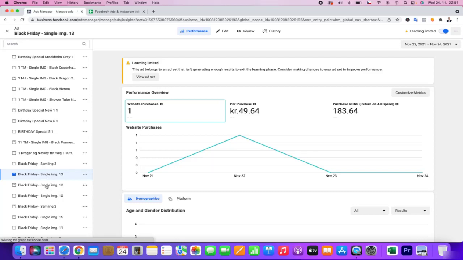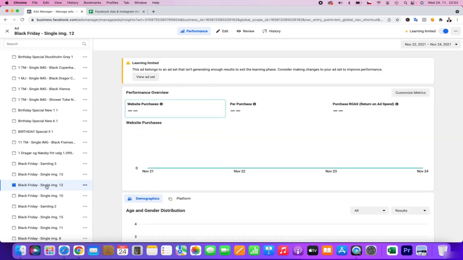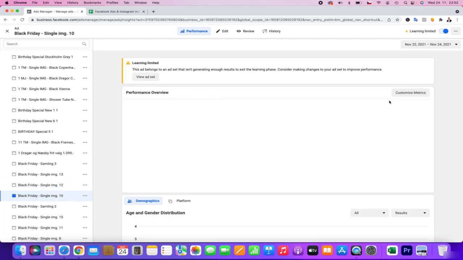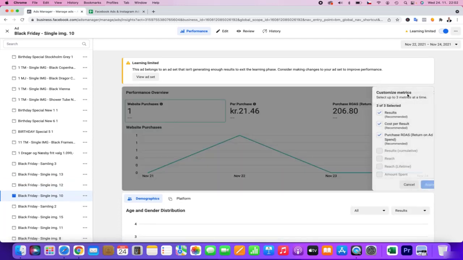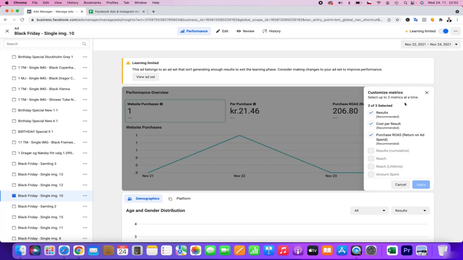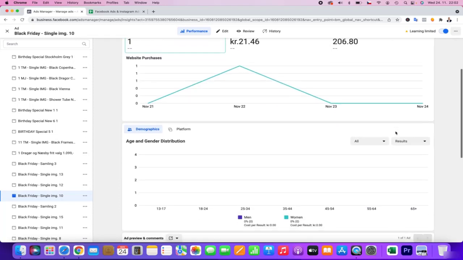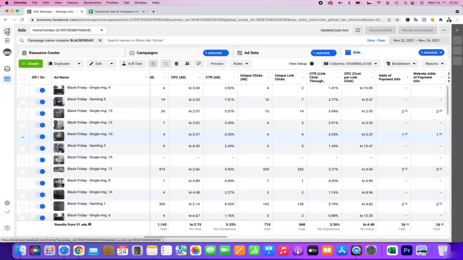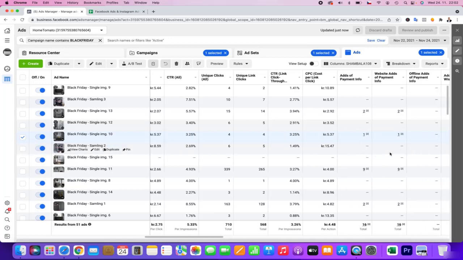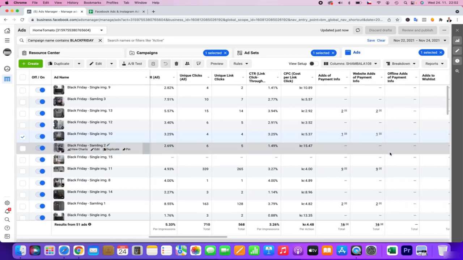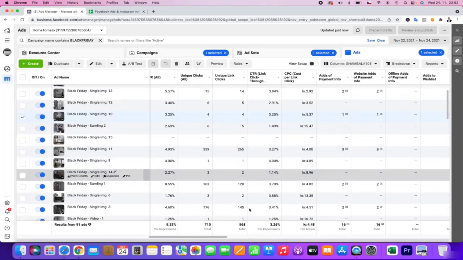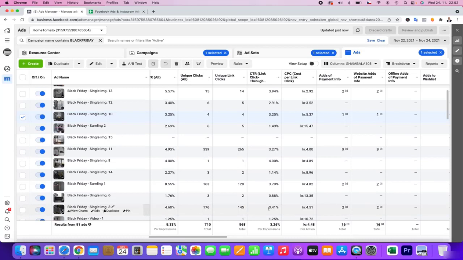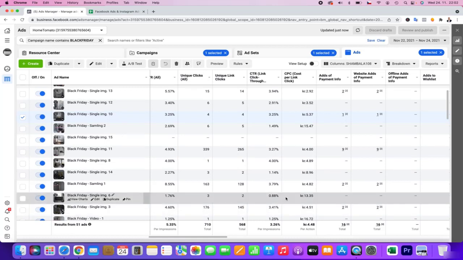If you have a detailed look at the ads, you can also customize the metrics. That's quite cool if you want, but I'm okay with this. I don't need more. I'm really happy. But I honestly still prefer looking this way, so that I can see this overview and immediately see what is really doing well.